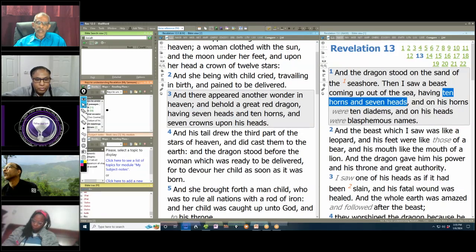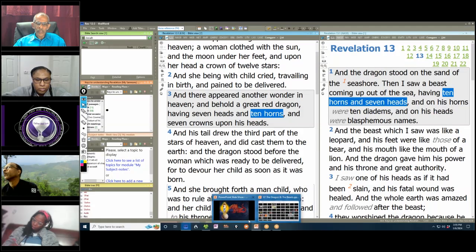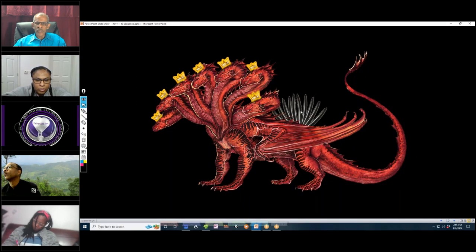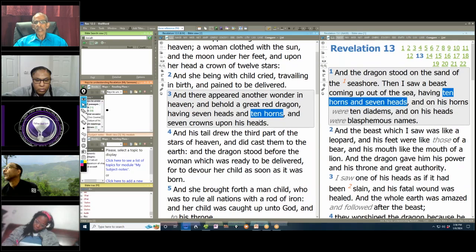But it also says there are 10 horns. And remember, I showed you that these 10 horns are not on any of the heads. We learn that when we go to Revelation 17. So the horns and the heads are disconnected, which means that Satan's work in the world is through 7 heads,